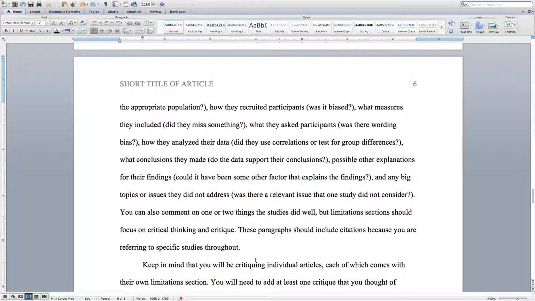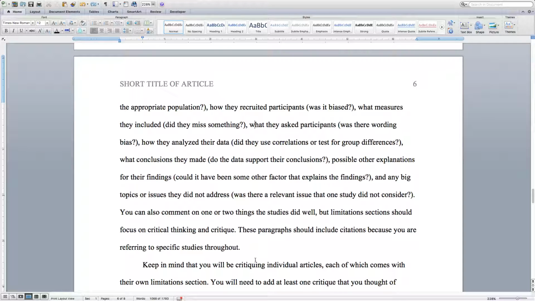One thing about the limitations, this is a place where people, again, tend to go into serial book report mode, where they talk about Article 1 has this, this, and this problem. Article 2 has, etc. Instead with this, I want you to try to group by theme. So if you're going to talk, for example, about race, that your samples weren't racially diverse enough, you would say racial diversity was a problem in however many articles. And then you could go through and explain in more detail, like this article had this racial breakdown, this one had this, or you could just say,